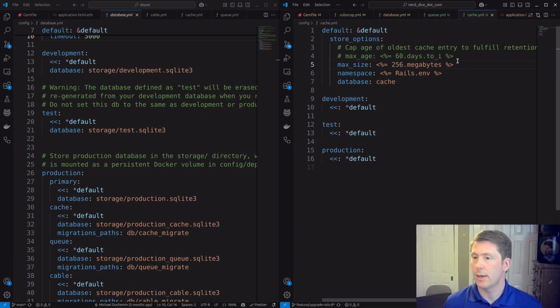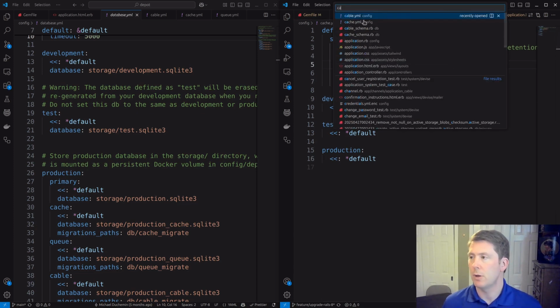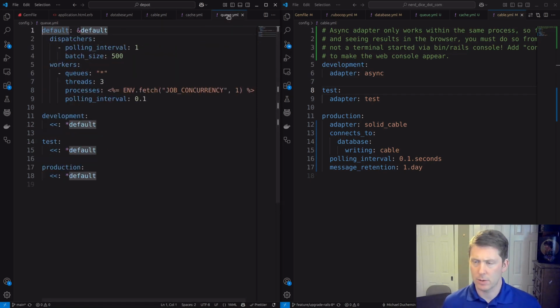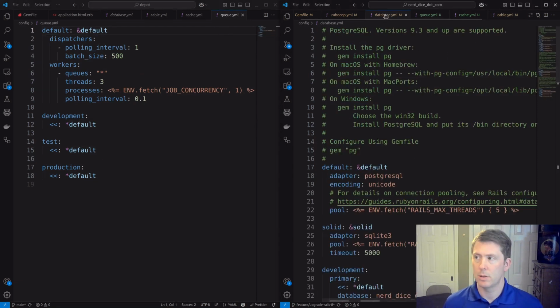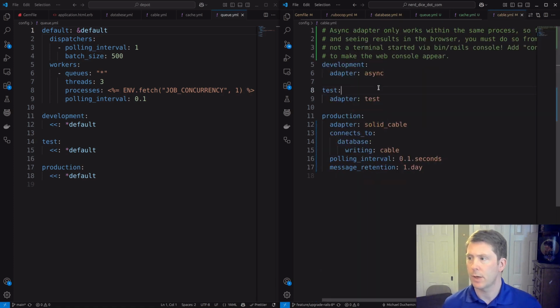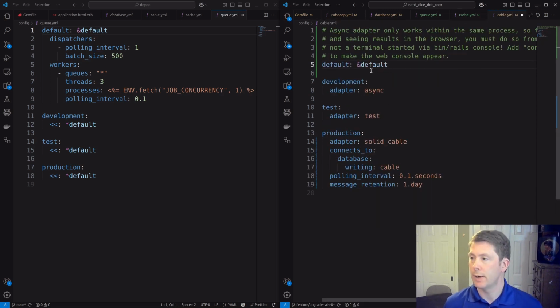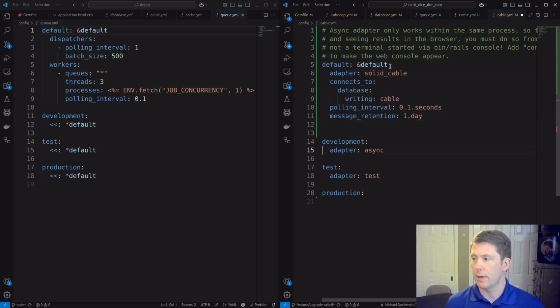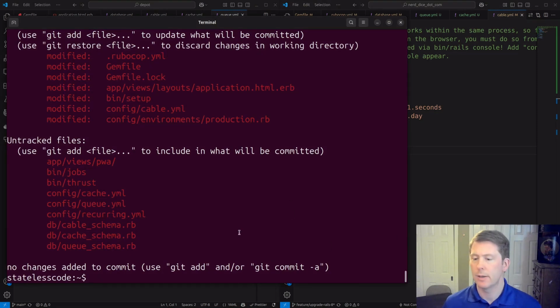Queue is looking good. And then cable.yml. So you can see there, async, test, and SolidCable, cache, queue. Cable, we're going to essentially do a similar type of deal with default here, and then it'll have all of that there, and then these will all just now be